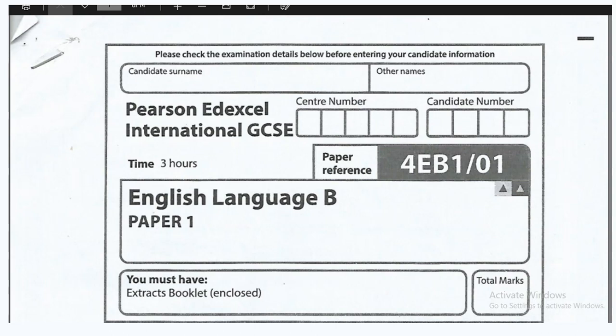We continue looking at English Language B, and as I promised in my previous presentation, we shall be looking at question number 7, which is comparison of texts. And this is a 15-mark question whereby we look at the two texts in terms of the language and also in terms of the structure. So we look at the structural features as well as the language or linguistic features that are represented in both